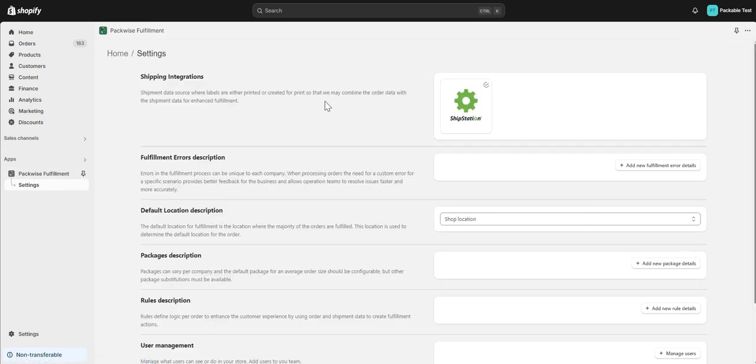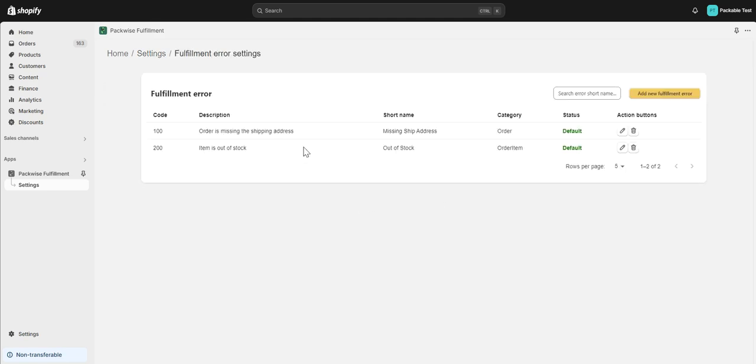Going into the settings, there's some integrations. You can do fulfillment errors. In this fulfillment errors, at the moment we have missing ship address, out of stock. These are errors that the packer can select, so it can go into management or understand why that order was